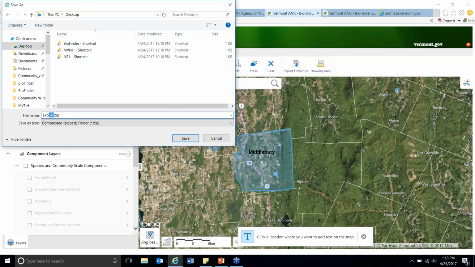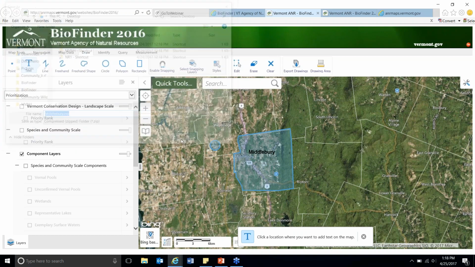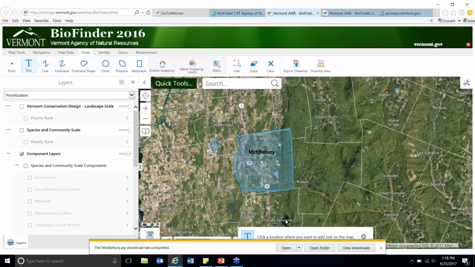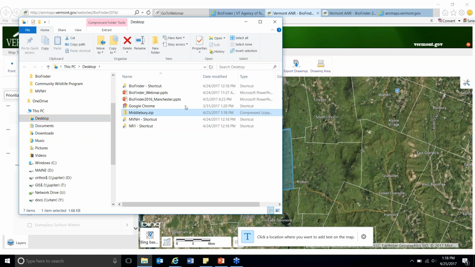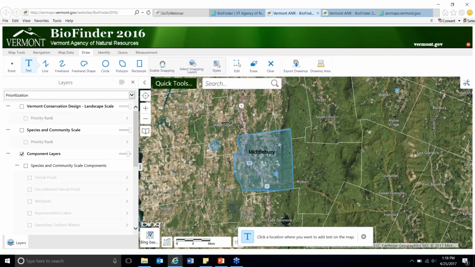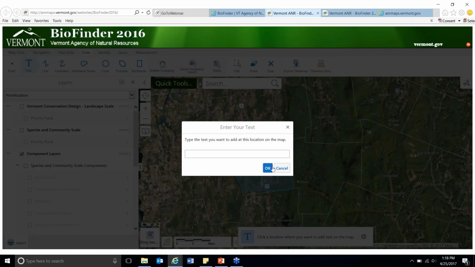And I'll call it Middlebury. And then it'll be there on my desktop as a shapefile. So you could use that file in another mapping program if you want,